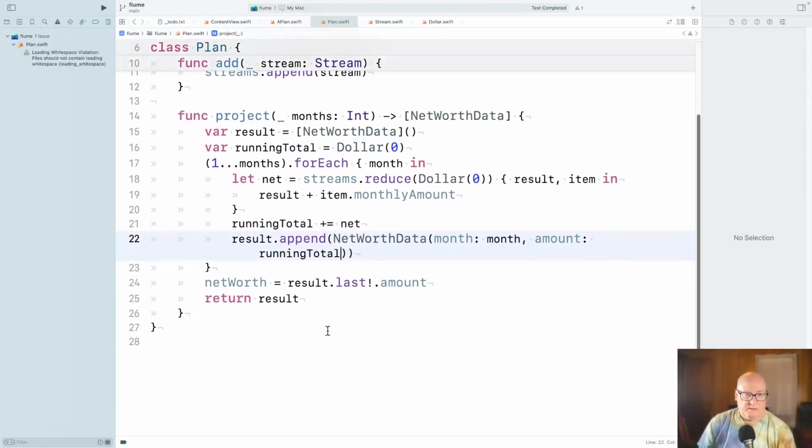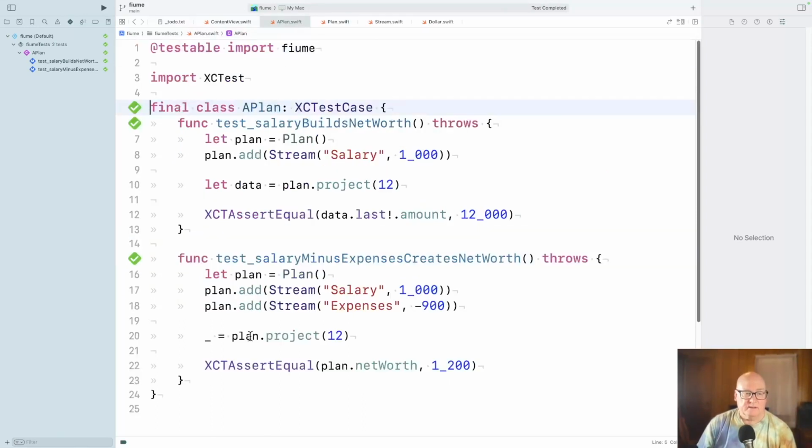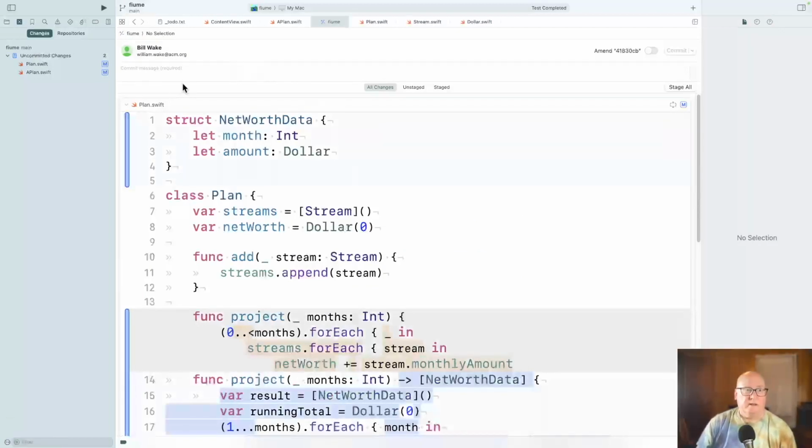Okay. Yeah, so that should still pass. Okay, now let's fix our next test. Well, we can commit that. All right. Make project return array of net worth data.